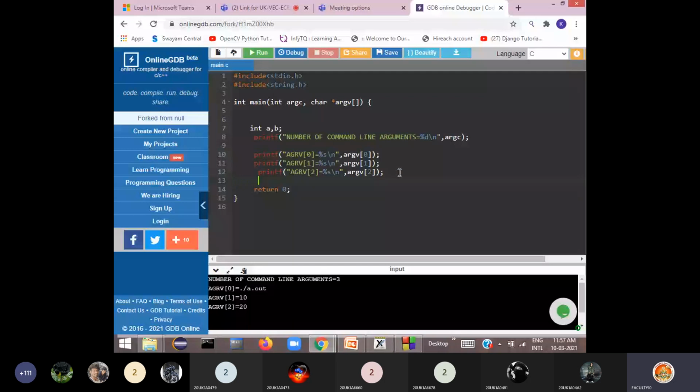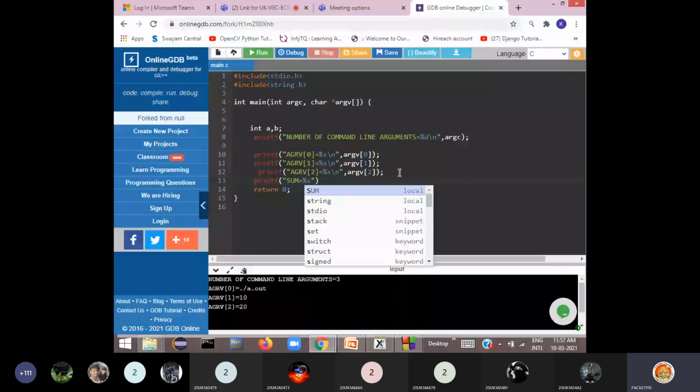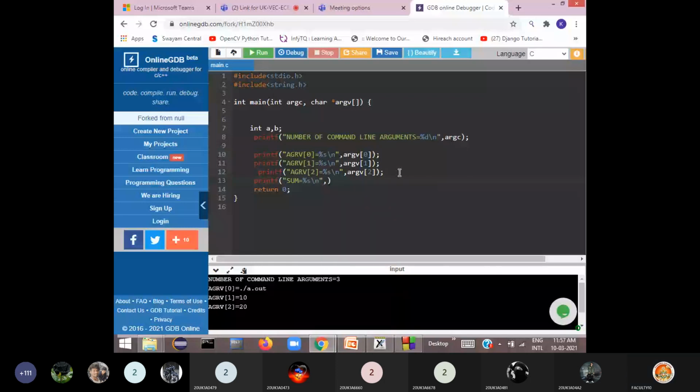Now if I say printf, with percentage s, comma, argv of 1 plus argv of 2, they will be passed as strings there. So 10 and 20 will be added as strings. That's why you will get 10 20, you will not get 30 there.